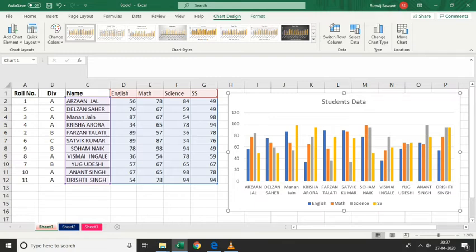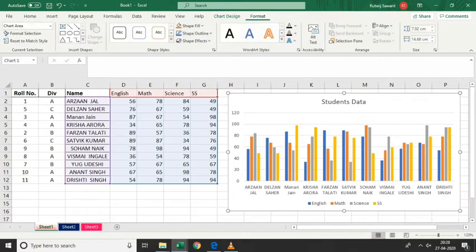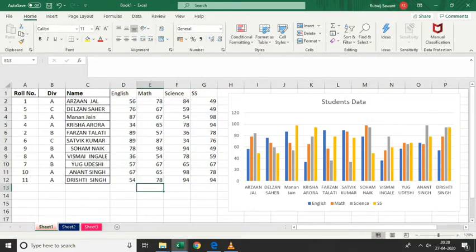Over here my object is a chart. When you insert a chart, tabs appear. Now suppose I click outside anywhere, you can see that the two tabs which were present have disappeared. If you want to apply formatting, just click on the chart and you will get these two tabs.